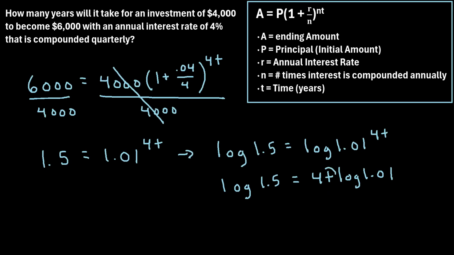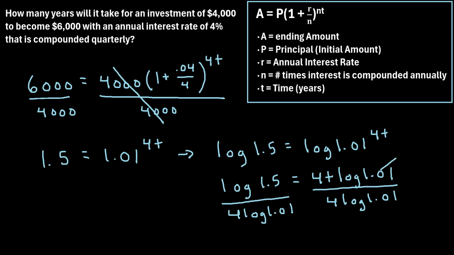Now, the last step to get t all by itself, or to solve for t, is to divide both sides by 4 times the log of 1.01. So we'll divide this side by 4 times the log of 1.01. And we'll notice that all of these values cancel out except for the t on this right-hand side. So we get t is equal to, if you punch in the log of 1.5 divided by 4 times the log of 1.01 into a calculator, you get about